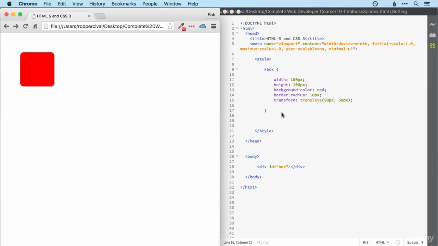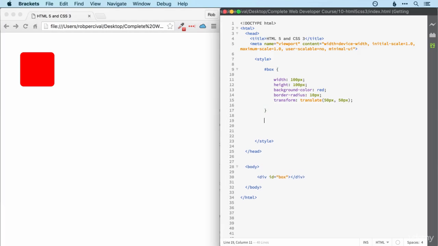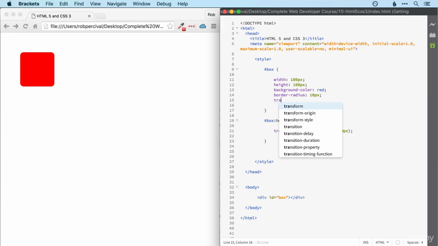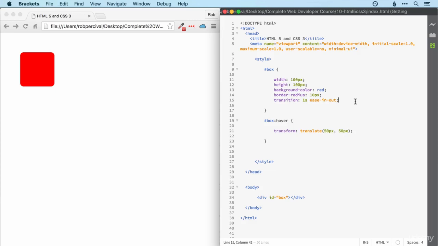Now that might look pretty boring in itself, but when we combine it with a box hover pseudo class and we put the transformation in the pseudo class and we apply a transition property to the box itself, and a classic here would be 1 second and then ease in out. And we'll look at what exactly is going on there in a moment, but let's just see this